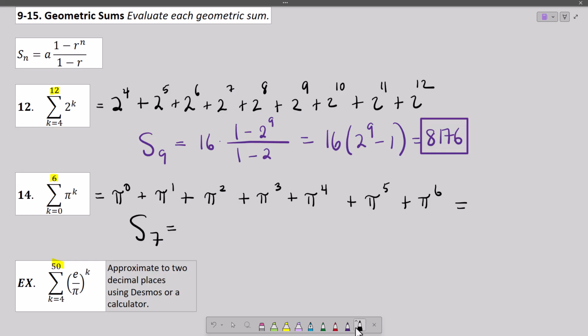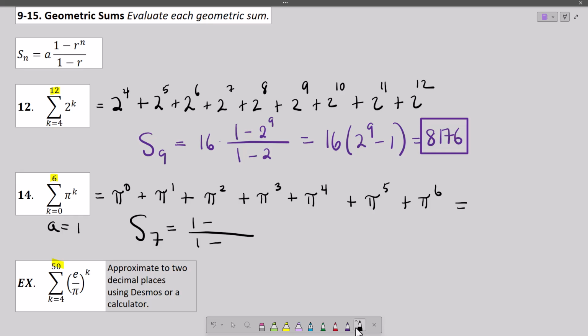So that formula up there, what's the first term? 1. Pi to the 0 is 1. So that A out in front is a 1. So A is equal to 1. So then the numerator,